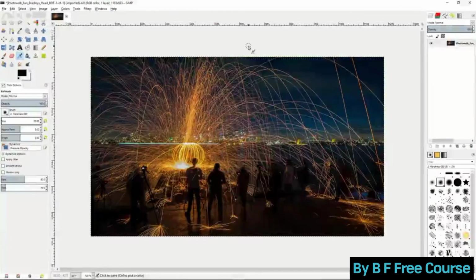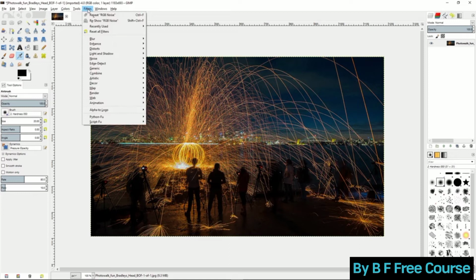Welcome to the next in our advanced tutorial series in GIMP. In this tutorial, we'll show you how to remove noise from photos where pictures have been taken that have a lot of noise in them. And here you'll see we have started with a picture that has a bunch of noise in it, and we're going to remove the noise, and we can do this in many different ways,